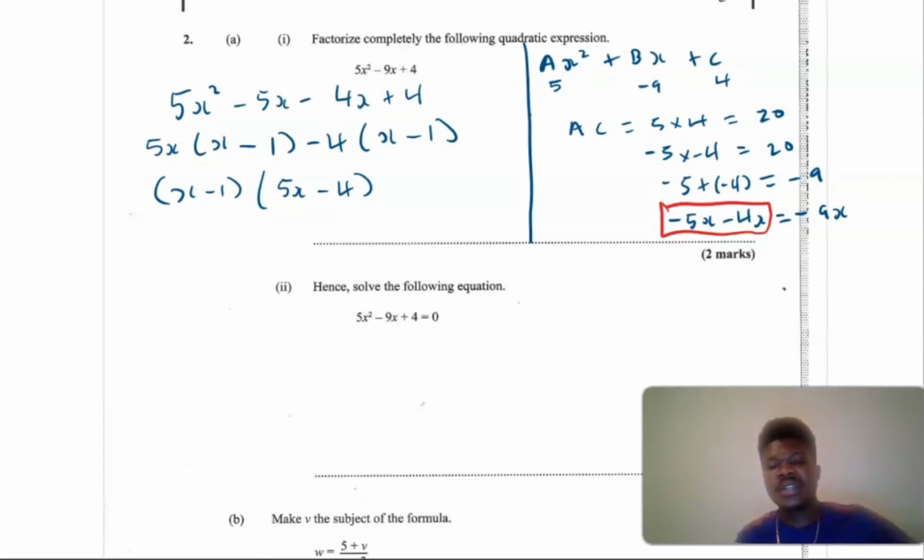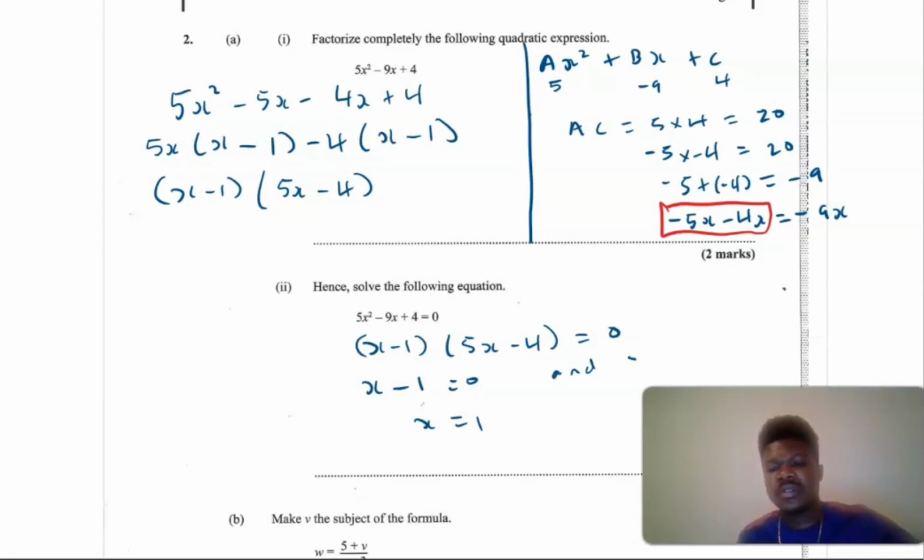Now it says hence solve the equation. So it's the same thing, we just equate the brackets to 0. So we're going to have x minus 1 times 5x minus 4 all equal to 0, and then we do it individually. X minus 1 equals 0, therefore x is equal to 1,